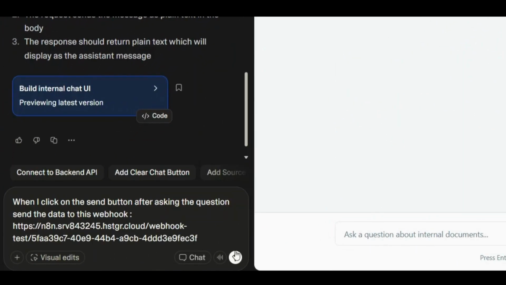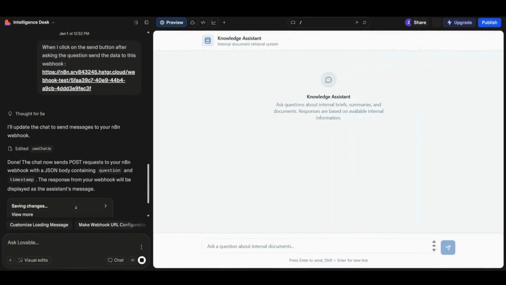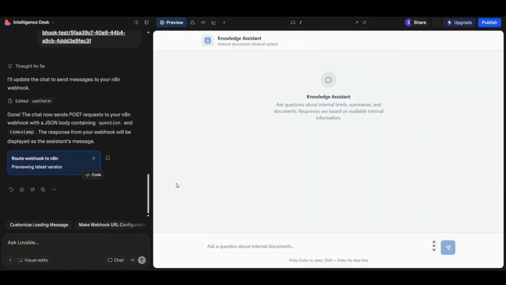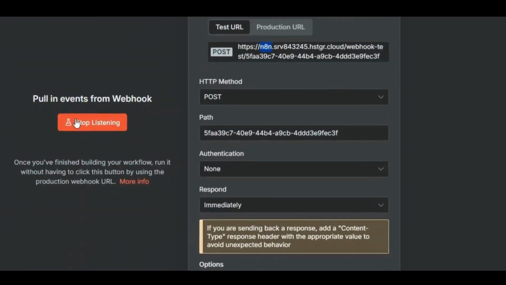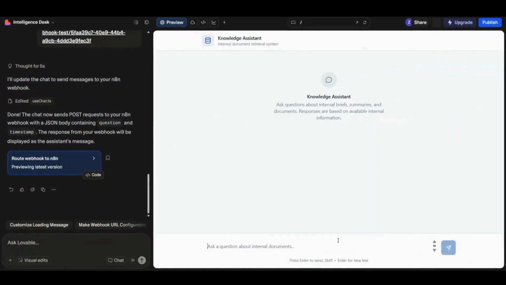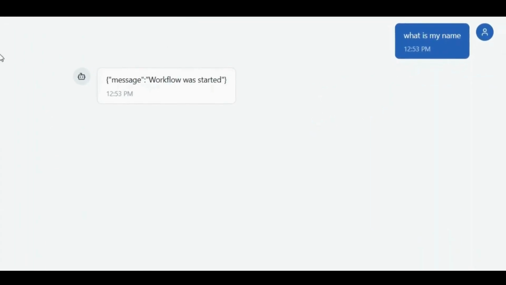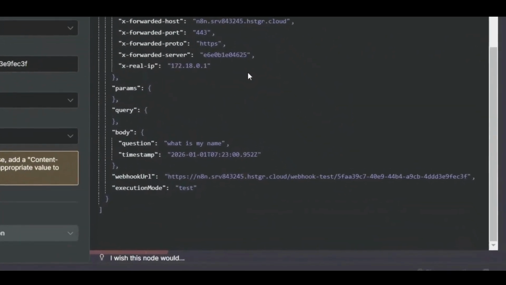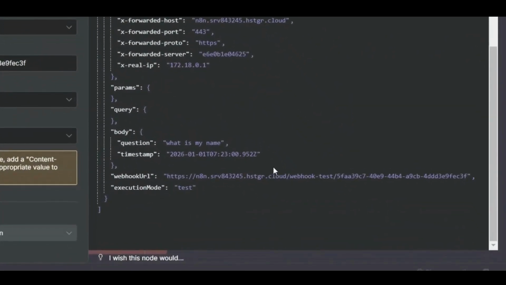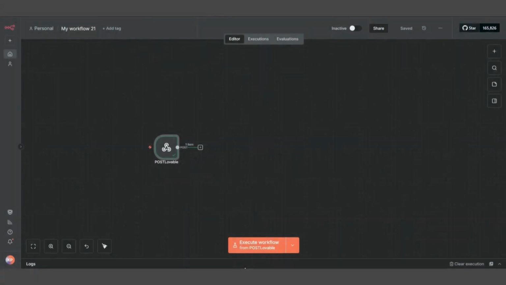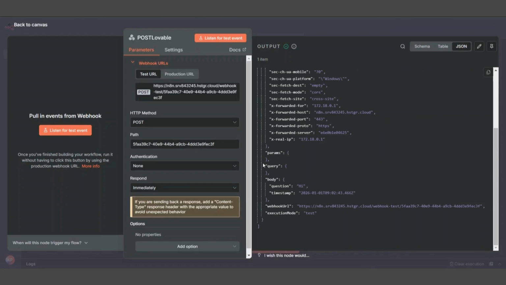Now I will make this relevant change using Lovable. Okay, now it's finished making the changes. Let's test it out again: I'll listen for the test event, go to Lovable, and ask something. What is my name? And let's click on send now. And you receive a message saying the workflow has started. And when we go back in, as you can see, we have properly got the question and the timestamp with it as well. Now that we have taken a look at whether data is coming through to n8n from Lovable,